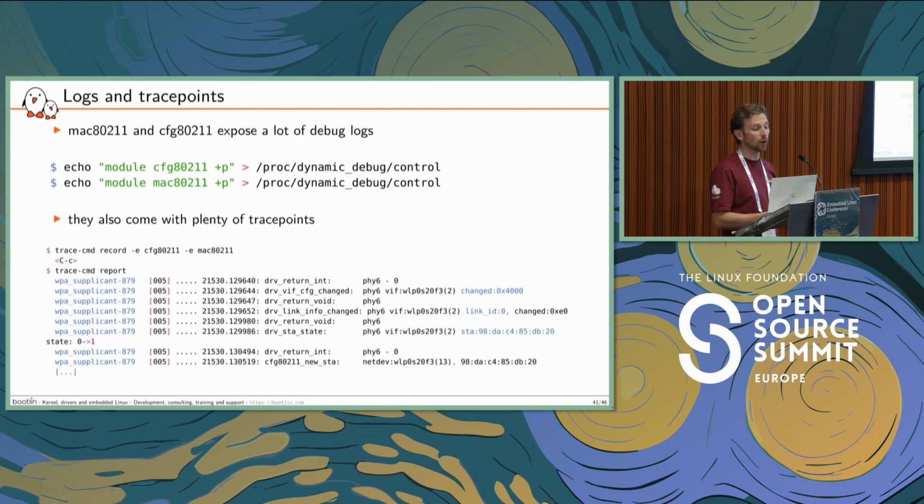On top of that, I also have plenty of trace points. So if you are familiar with ftrace and trace-cmd, you can enable those trace points. And those are very useful because you will see all those drv_something entries. Those are the entry points and exit points where the kernel is actually calling your driver operations. So you can make sure what exact execution path triggers your driver.